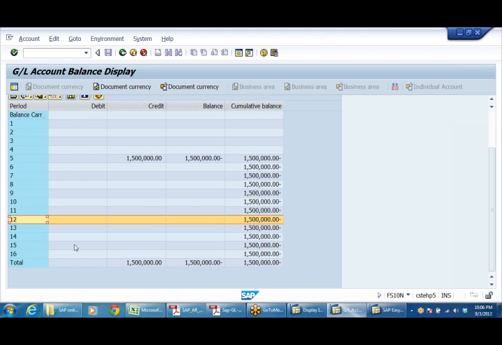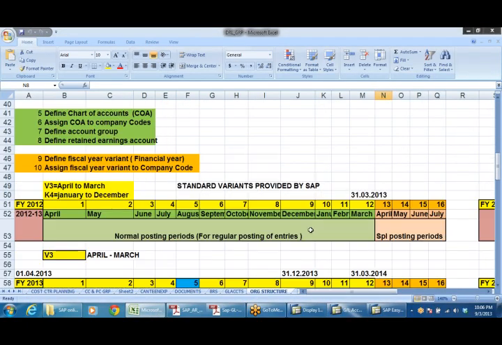I didn't get you. If you say there are 2 dates, one is the posting date and one is the document date. For example, if I am posting an entry on 31st of May with value date 31st March, then the posting date is 31st May and the document date is 31st March. Yes. If I take from 1 to 16, and if I have posted for the next accounting year also on 31st May, it will also be taken into account, no?